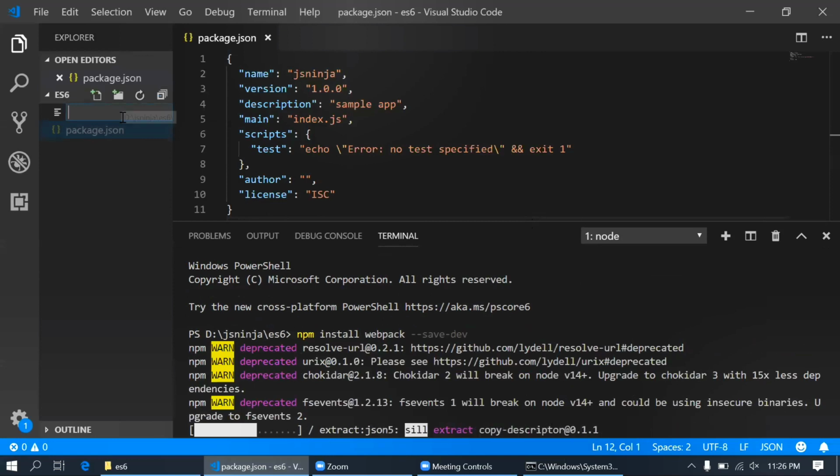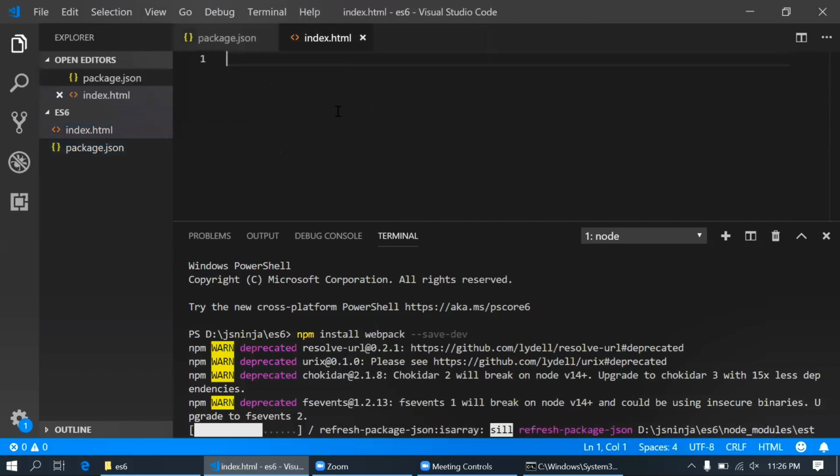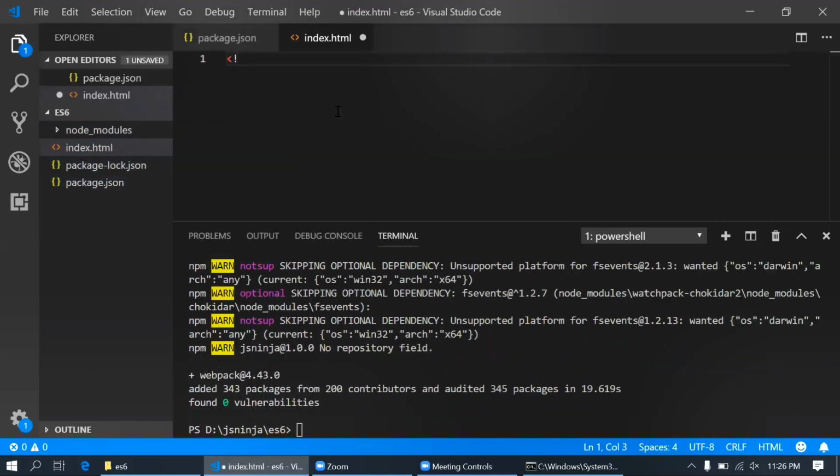Till the time this is getting installed, let's create an index.html file. Here, the webpack dependency is installed. Now in index.html, we are just defining our initial HTML file. An HTML file always starts with the doctype and html lang equal to whatever language you want to give.